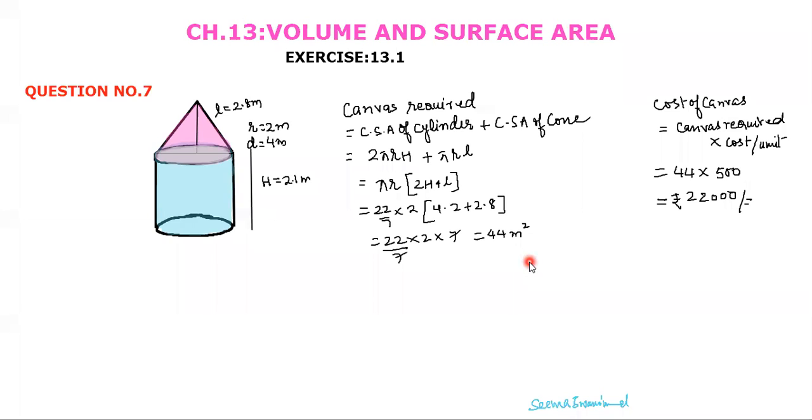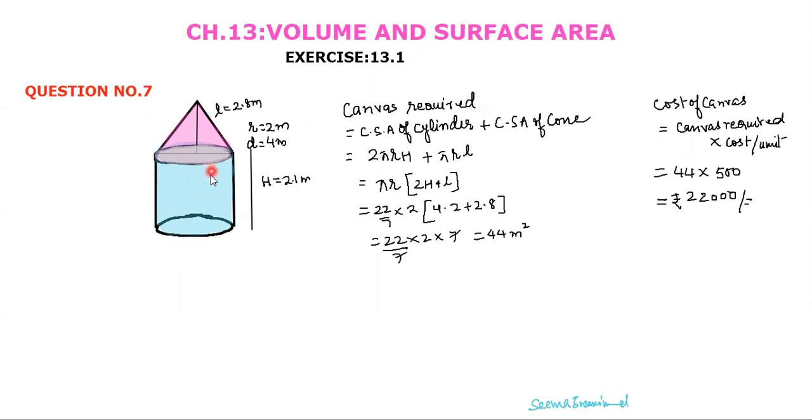Dear children, today we will start with a few more questions of exercise 13.1. This is question number 7. In this question, you are given a cylindrical tent that is surmounted by a conical roof. Both of them are made up of canvas, as you have often seen when you have visited some gathering